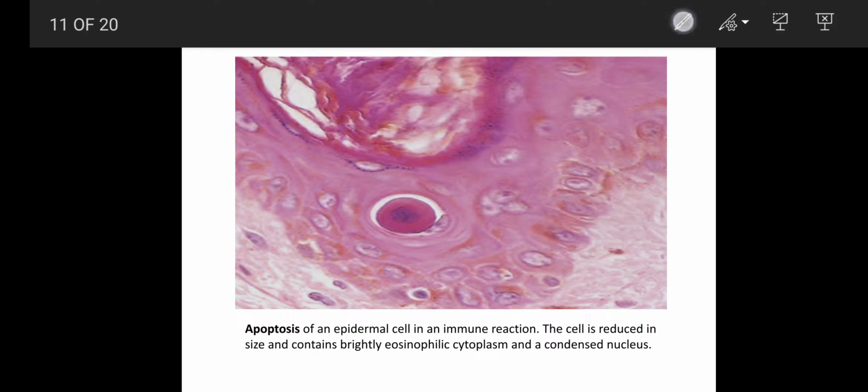Now let us look at the other image. Why I chose this image? Because this classically highlights an apoptosis, an apoptotic body. How does it look? See how condensed the cytoplasm has become and how eosinophilic, how deep the cytoplasm is as compared to the neighboring cells. See also the nucleus has been condensed, and the plasma membrane is completely intact. And the cell has shrunken in size. There is an artifact also. So this is classically how an apoptotic body will look under the microscope.